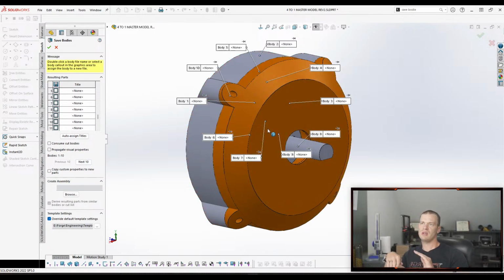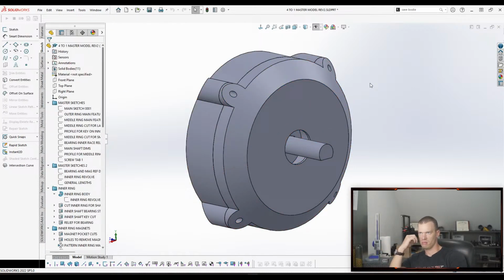So what we did was we'd slice out the organic model into its different components and then save those bodies out, and those bodies were imported into parts, and then you made your final edits, having those surfaces already there. So I could see that this might be a superior workflow in that situation, or maybe